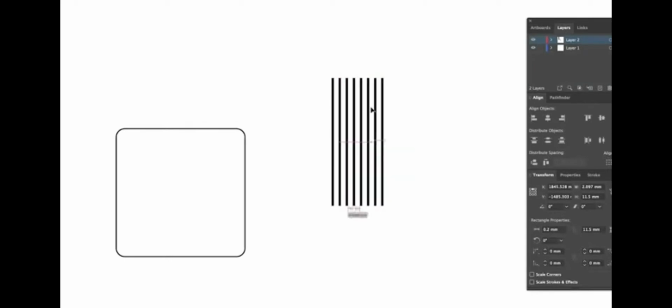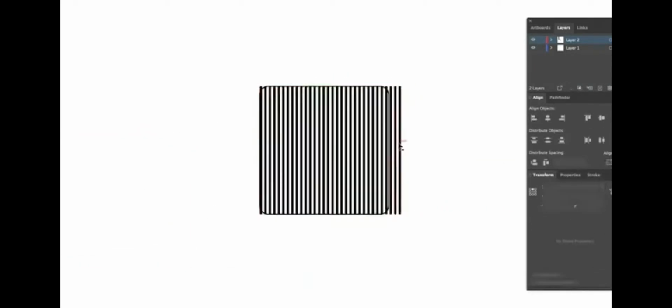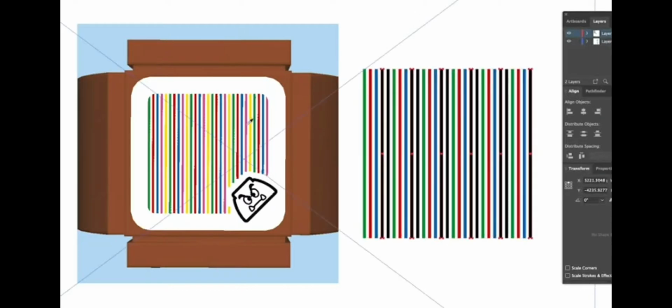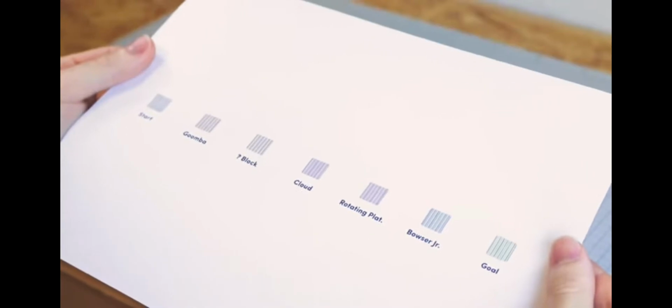The next step is to print more of the barcodes, but this time we'll recreate them from scratch. So we started by creating a line pattern identical to the original. To make sure the colours are accurate, we used the companion app, which let us easily screenshot and eyedrop the exact hues. We then repeated this process for all the barcodes of the starter kit and created the blandest course